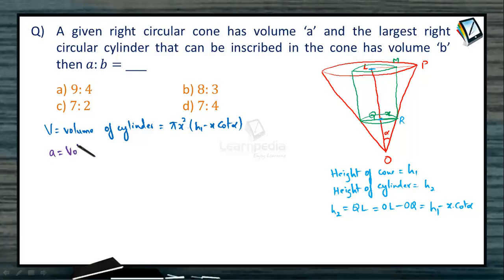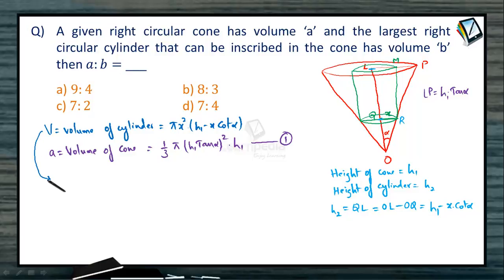A, which is the volume of the cone, and this is 1/3 of pi times, what is R1 here? The radius of this cone, again LOP being a right angle triangle and one of the angles being alpha, this height being H1. Can you tell me what LP is now? Yes, the value of LP would be H1 times tan alpha. So this is 1/3 pi times H1 tan alpha whole square into H1. Let's treat this as equation 1.